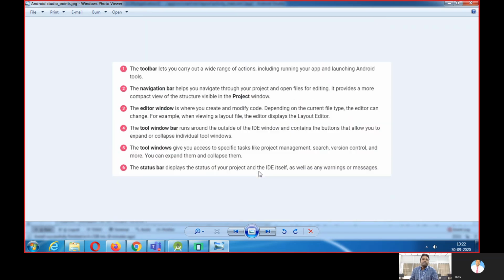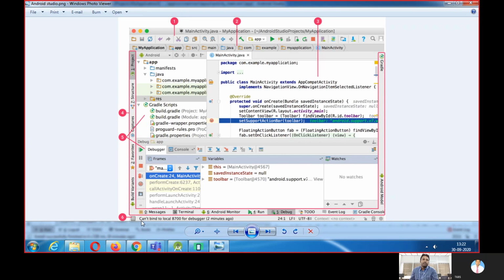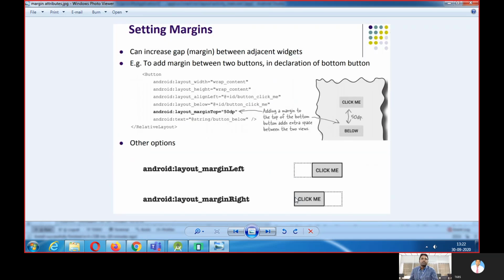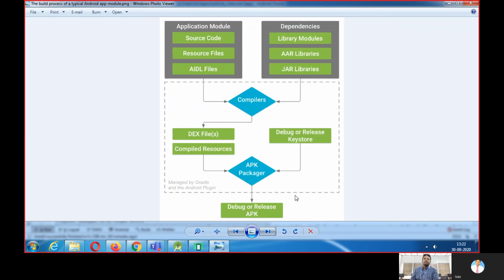And then status bar. The last one is status bar. Here the status will be displayed. So that is about Android Studio. Now,